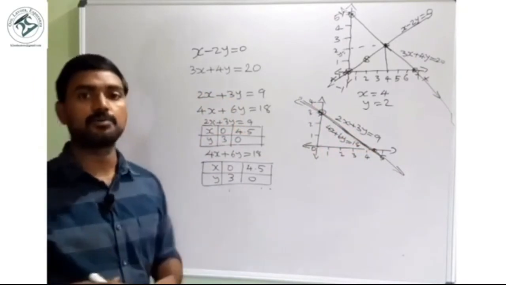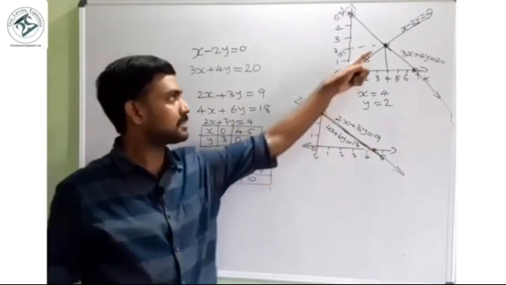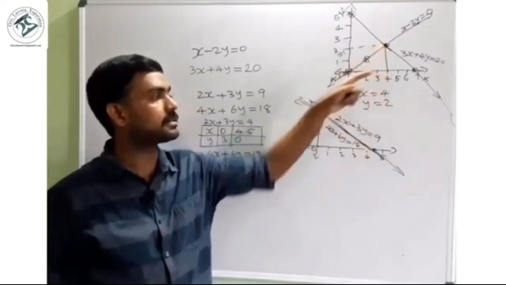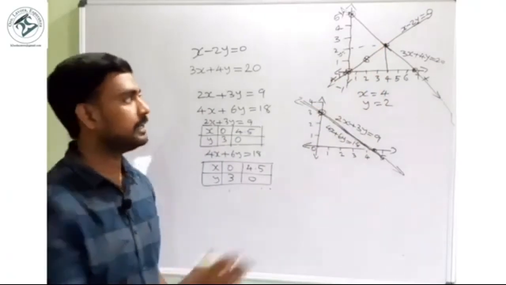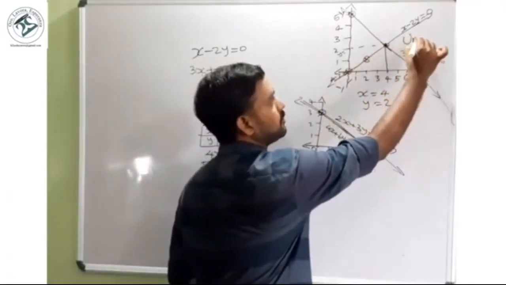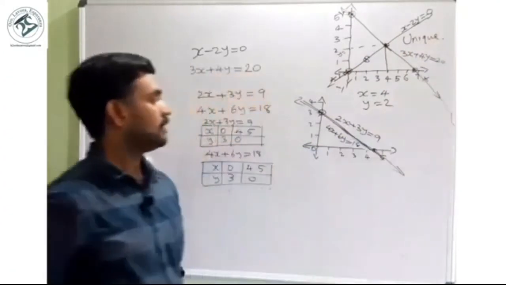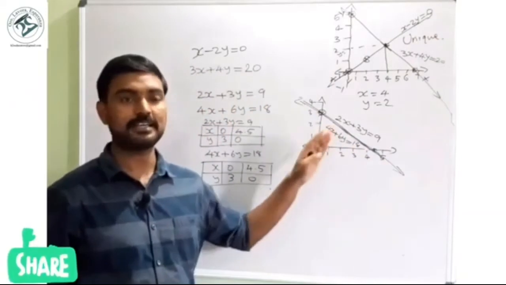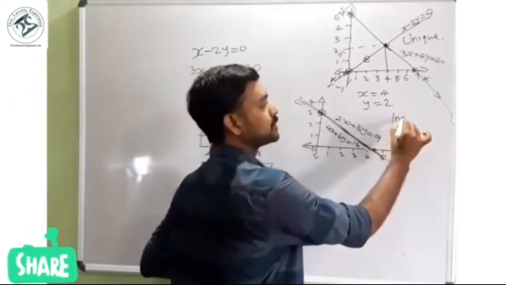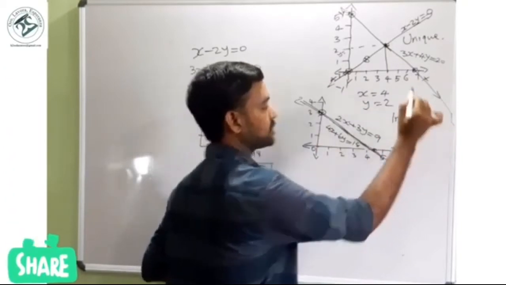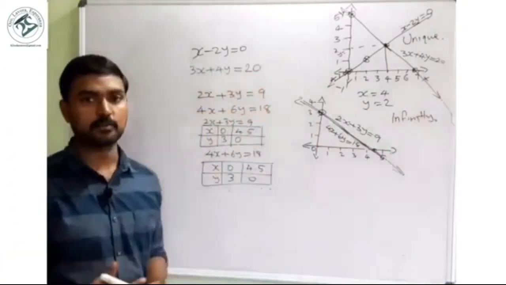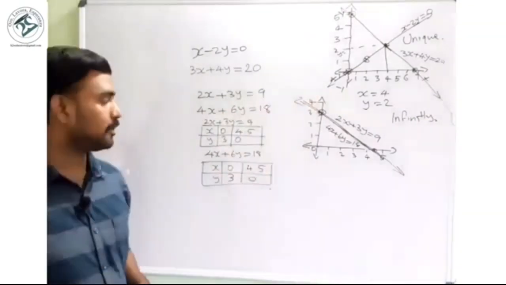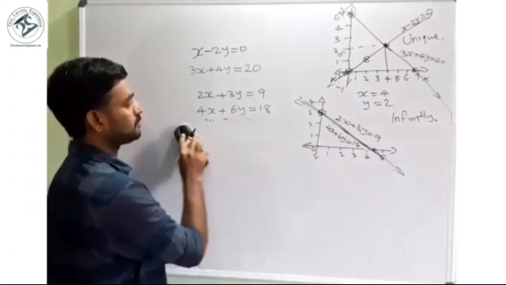In such cases, how to find the value? In the earlier case, the value was correctly given because intersecting lines give a unique solution. Because intersecting lines means the answer will be unique. But in this case, can we find any unique solution? No. So such cases we call infinitely many solutions. So we got a different pattern as compared to a unique solution. Now we can go to another question. Now we are going to discuss the second type of equation.